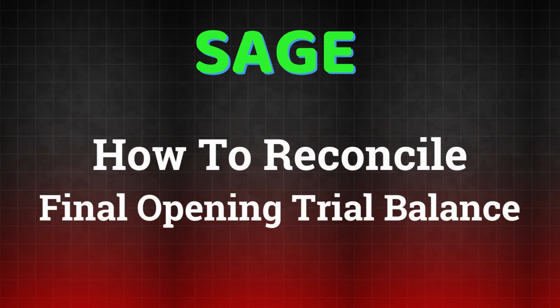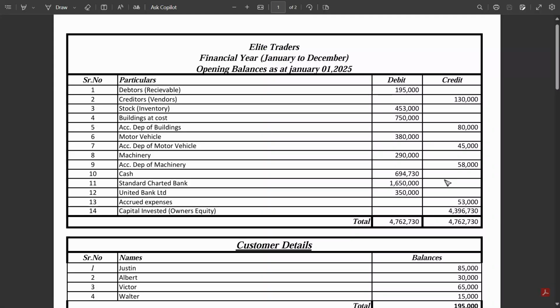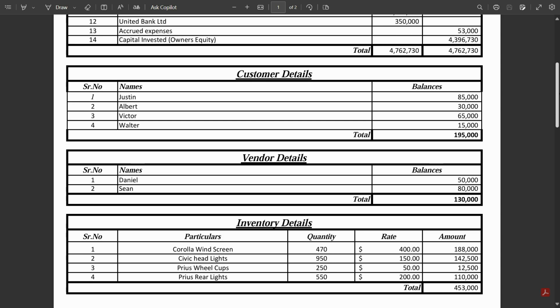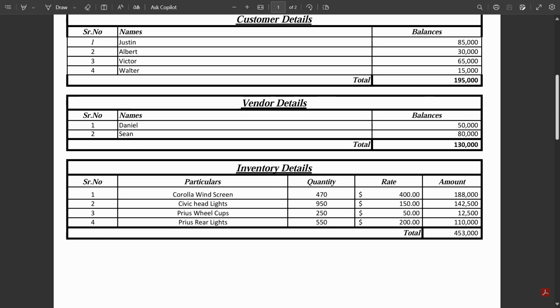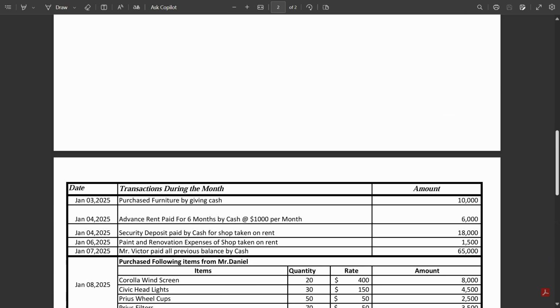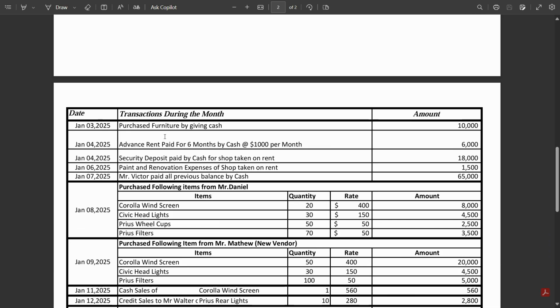In this video, we are going to see how we can reconcile the final opening trial balance before continuing further with the day-to-day entries. So as you can see, we have put in all the ledgers along with the opening balances. We have also updated the customers, vendors and inventory along with their opening balances. That means now we are live on the system, and from the next video, we will start working on our